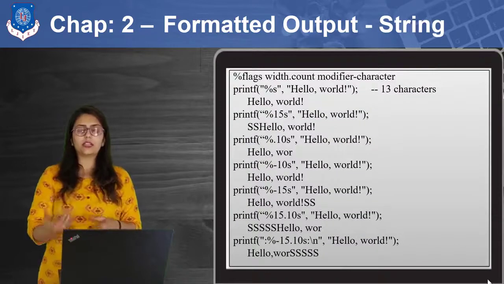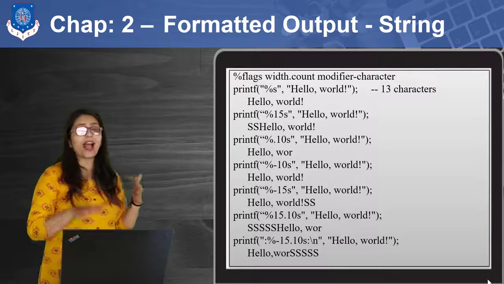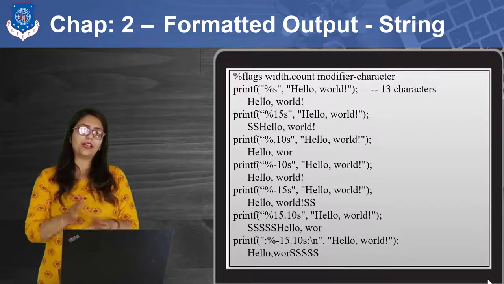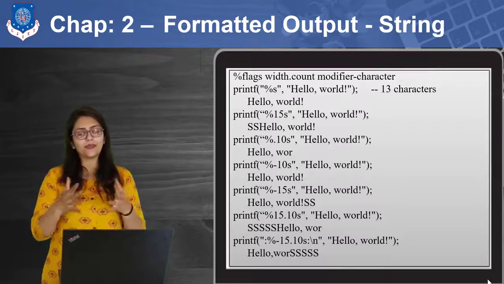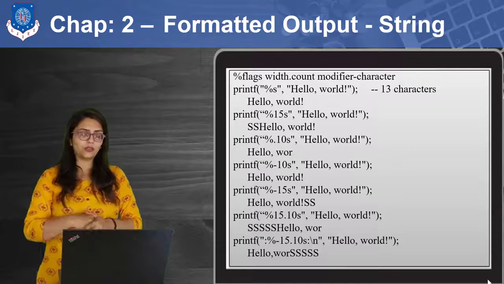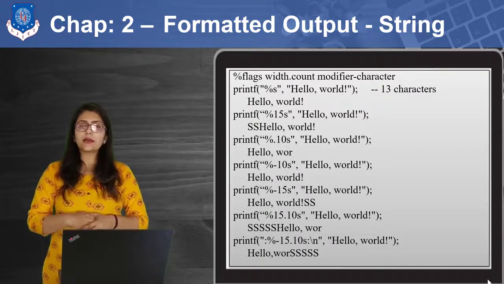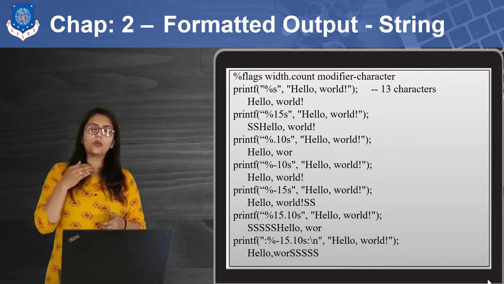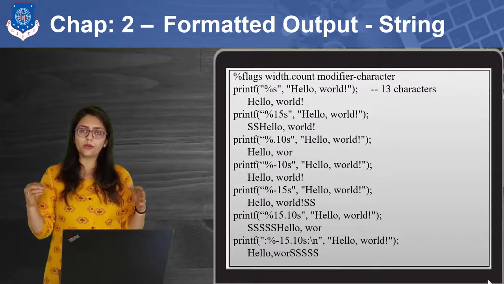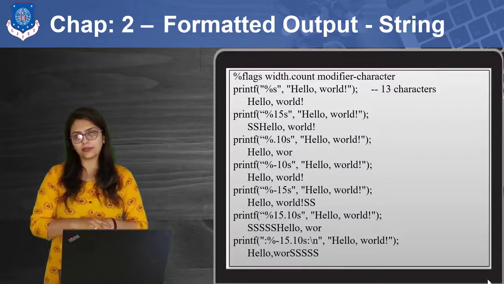Now last but not the least, we are going to cover strings. Because of this topic, I have been delaying this topic till now. As we have already completed strings, I can head into it. So this is today's last session, last topic, that is formatted output in case of strings. Suppose I am taking hello world from the user and I am going to print it. If you count the number of characters in hello world including the space, it has 13 characters.